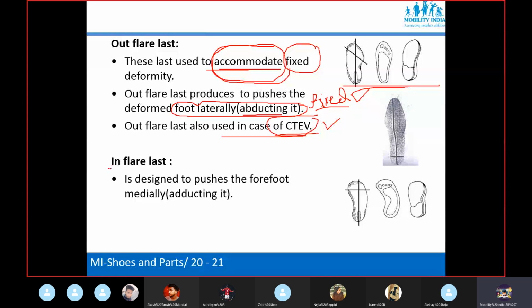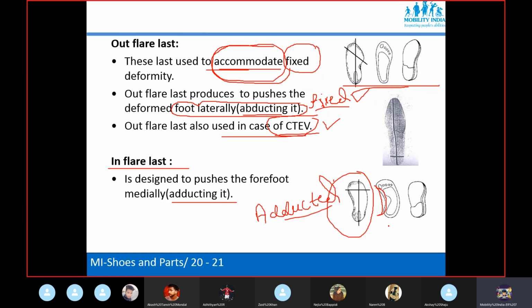Okay, so the next one is the in flare, the reverse. You can see here the foot is rotated inward towards the midline. If this deformity is fixed, meaning the foot is adducted, this forefoot is adducted, then what is our objective?